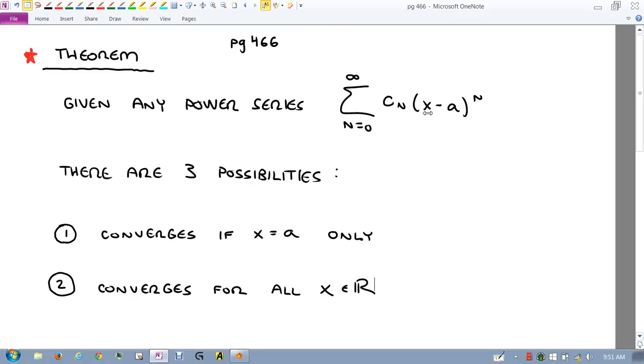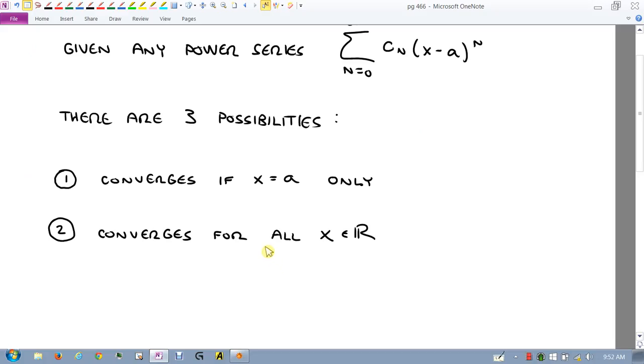Doesn't matter what you plug in. As long as it's a number, it'll converge. The one we just saw, we said that the absolute value of x had to be less than 1. Does that mean I can plug any x in and it'll converge? No. So this theorem is saying, look, it either only converges when you force this thing to be 0, or it'll converge all the time, or the third possibility,